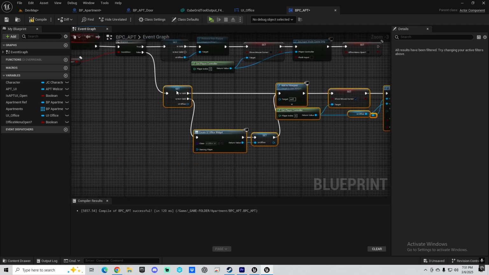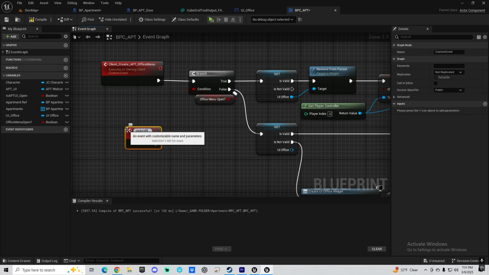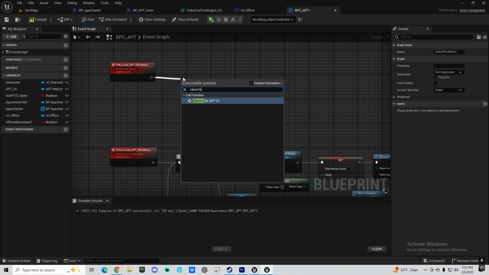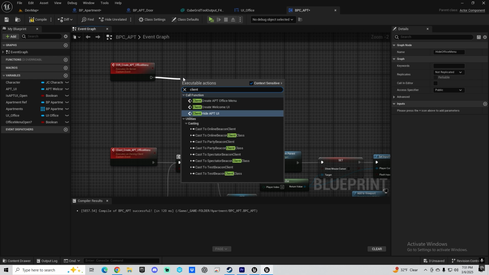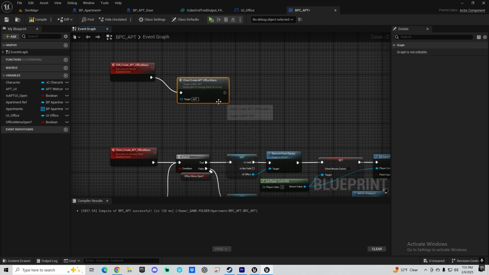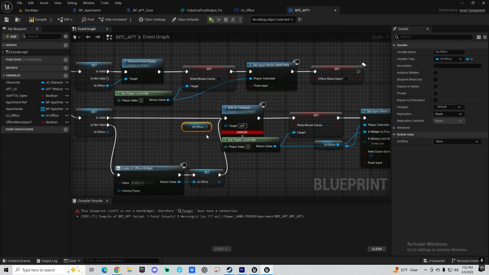And what we can do, we can just hide the office menu. We don't even have to replicate this, we can just do that, and then say client hide, create, yeah, like that. And make sure you plug this right here,